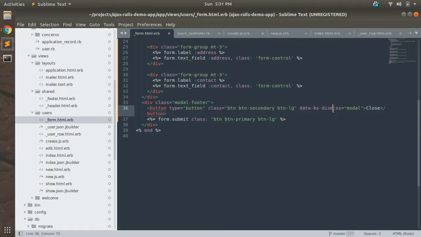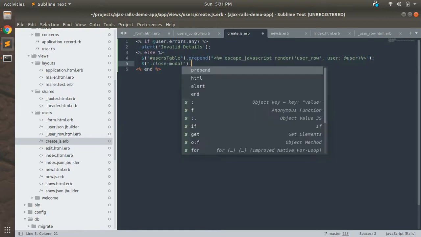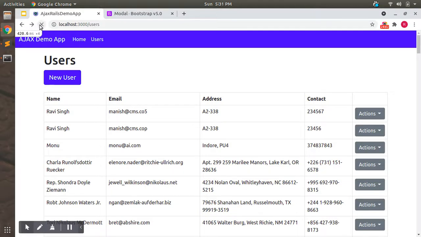Add a class here, close modal, copy this modal name. Let's come to our create.js.erb. Click, and record. The modal pop-up will be hidden after submitting the entry.